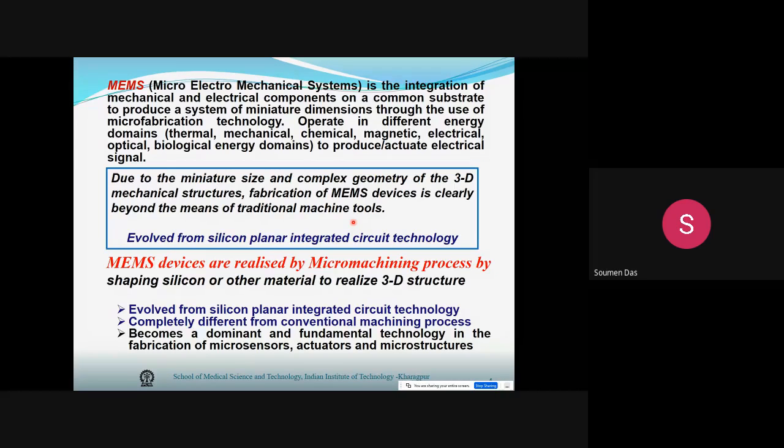Whereas for the silicon planar technology, I hope you know about all the planar technology, which involves starting from the crystal growth, diffusion, lithography, etching, thin film deposition. These are the very common and important process techniques used in the silicon planar integrated circuit technology. Okay, and there, if you understand the whole technology,